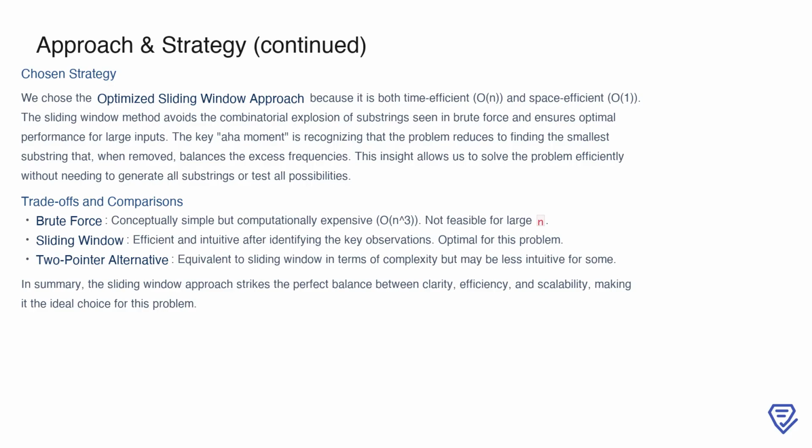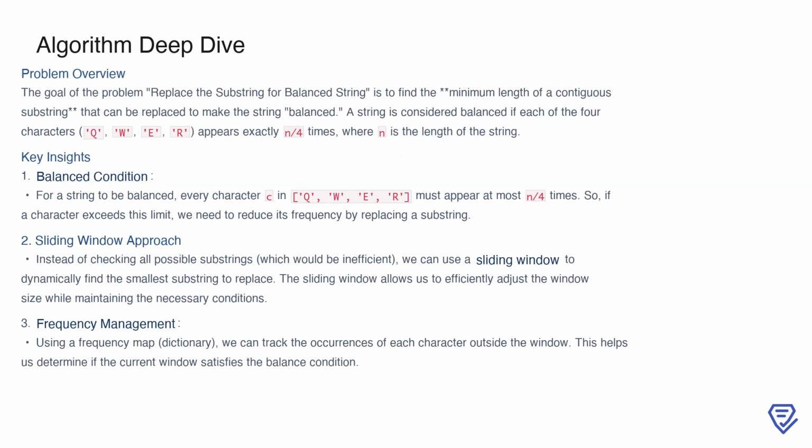On the other hand, the sliding window method strikes the perfect balance by leveraging key observations to achieve optimal performance. The two-pointer alternative, while functionally equivalent to sliding window, may be less intuitive for some due to its implementation style. Ultimately, the sliding window approach stands out for its clarity, efficiency, and scalability, making it the ideal solution for this problem. In this problem, we want to determine the minimum length of a substring that can be replaced in order